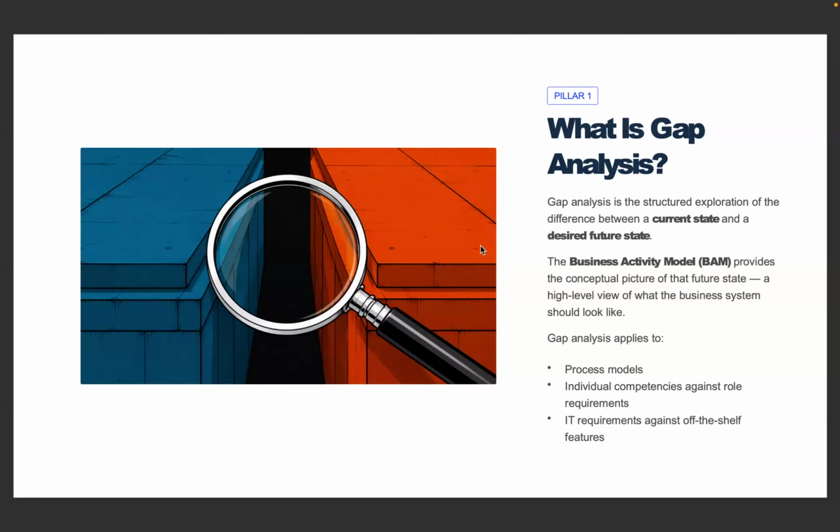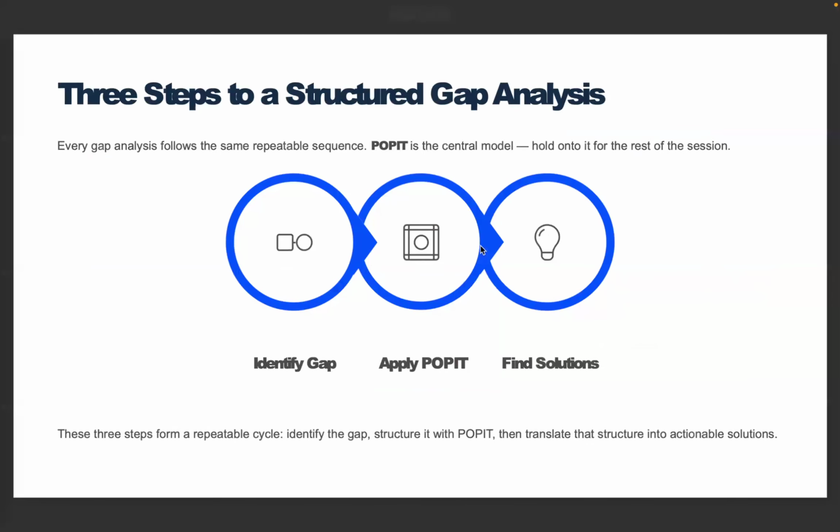business problem. This is also a tool that helps us describe the desired future state in the business activity model, and also it gives us a high-level picture of what the future business system should look like. And then as you carry out gap analysis, we also think of 3 simple steps in carrying out gap analysis. And the first step is to identify the difference between the current state and the future state of the organization.